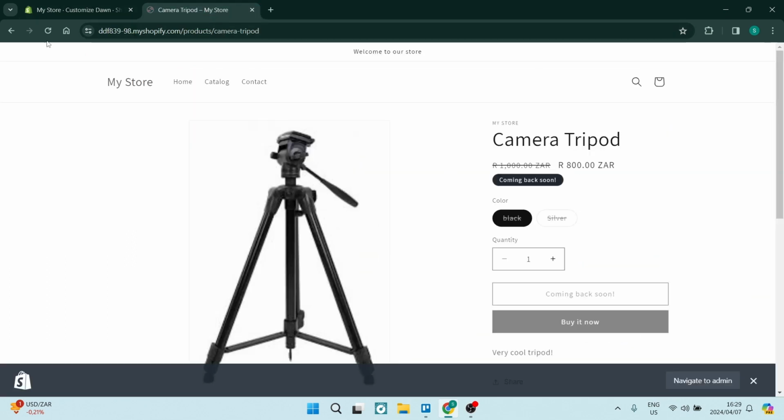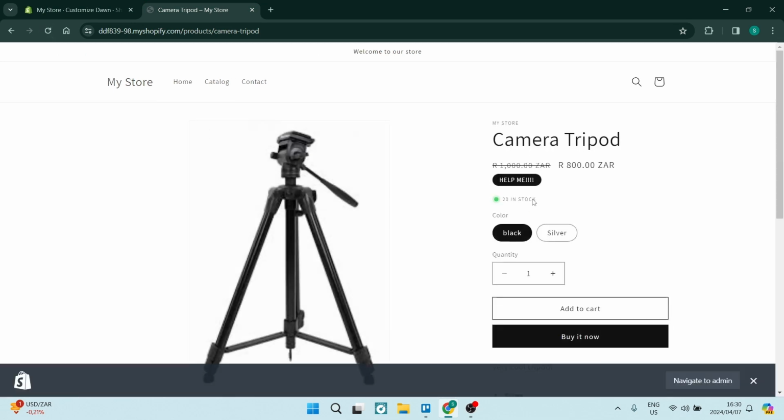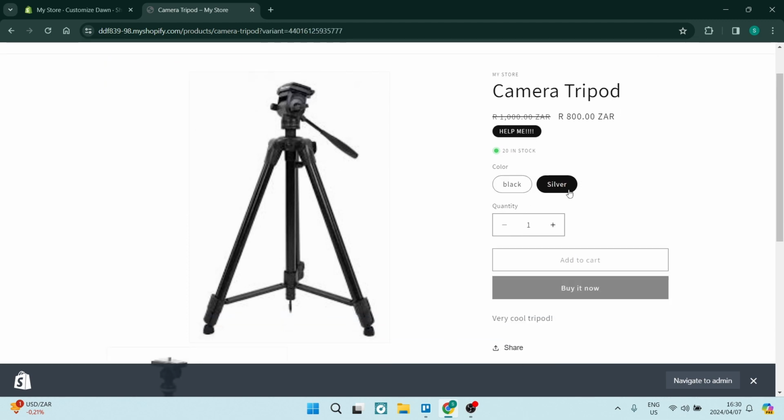You can see that this is what our store looks like. And if we just refresh this page, it has now taken effect. So we've got 20 of these units in stock. If you go over to silver, if you have multiple variations of color or sizes, it'll show those individual stock